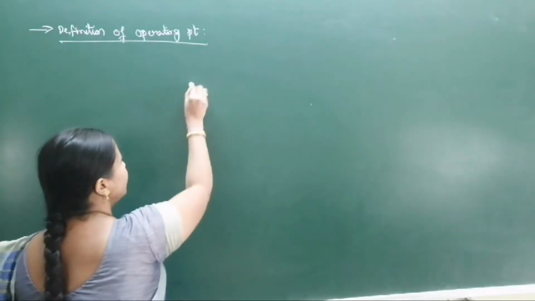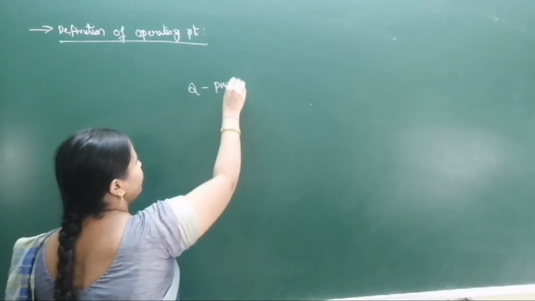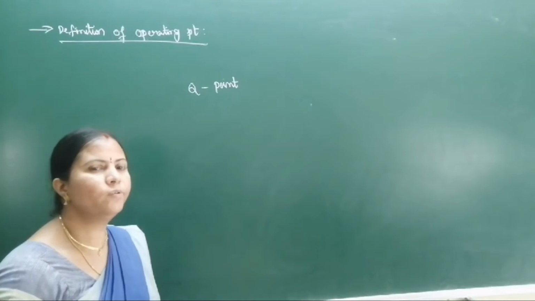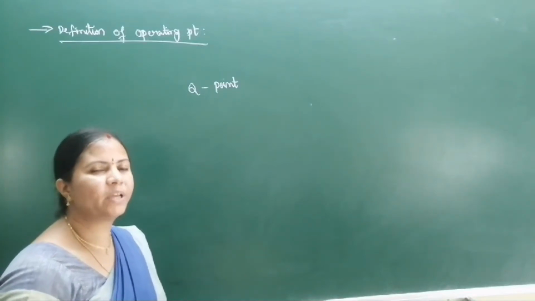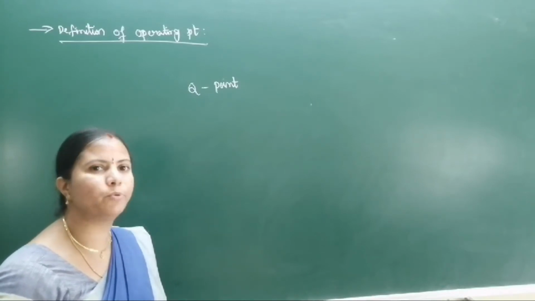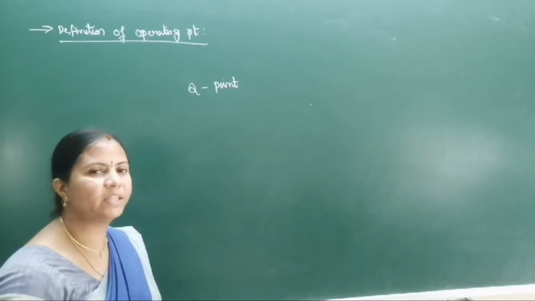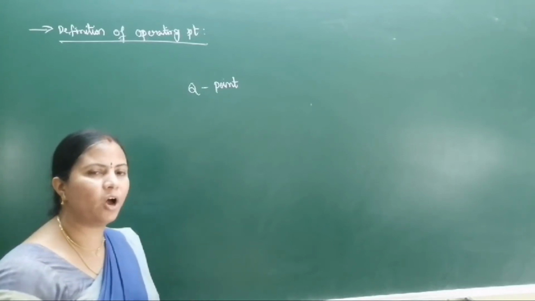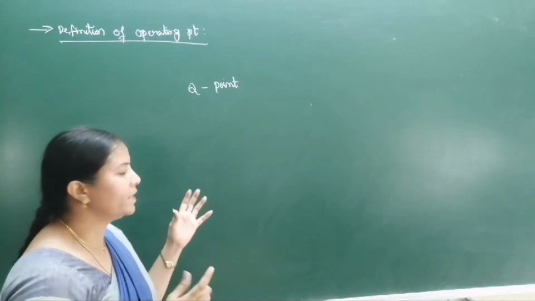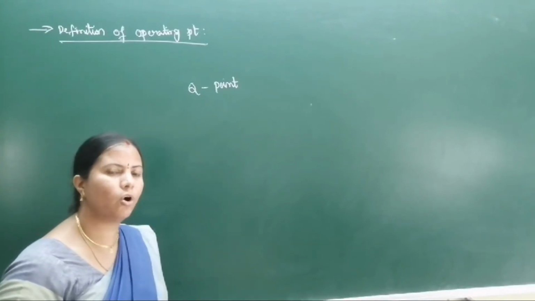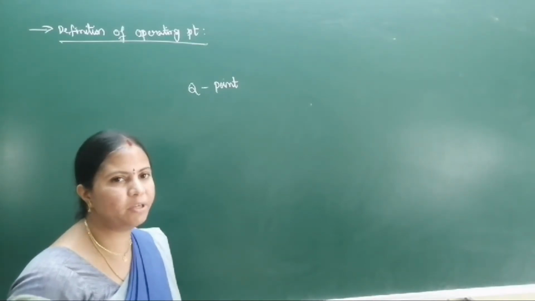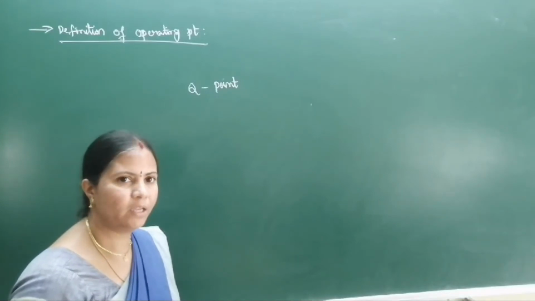It is also named as Q point, quiescent point or silent point. So this is the definition of operating point. You will get the operating point on output characteristics, that is the curve between VC and IC of the transistor, when we are not giving any input signal, that is in the absence of the signal. And this operating point will always be on the active region. Okay? So on the active region only you will get the operating point. Always the operating point will be established in the active region of the transistor.